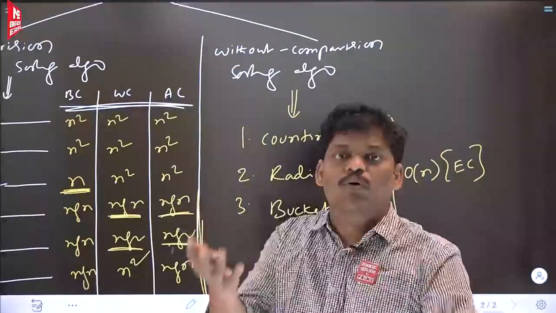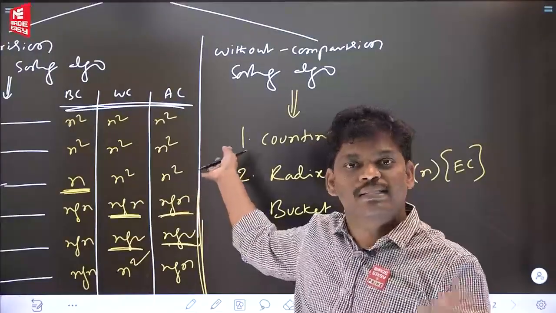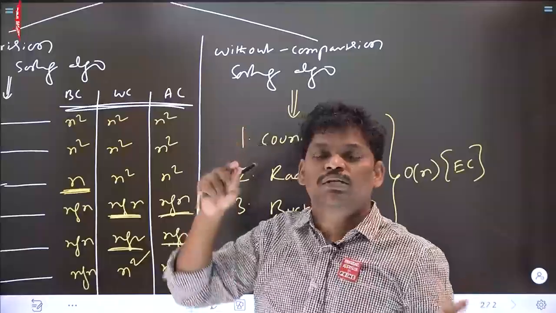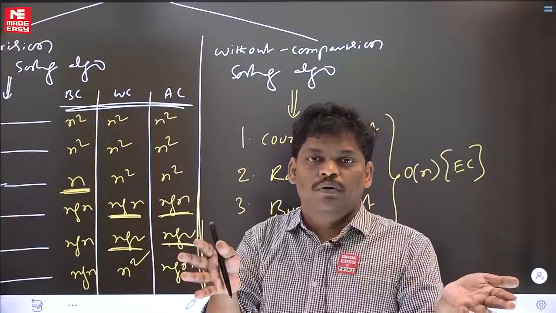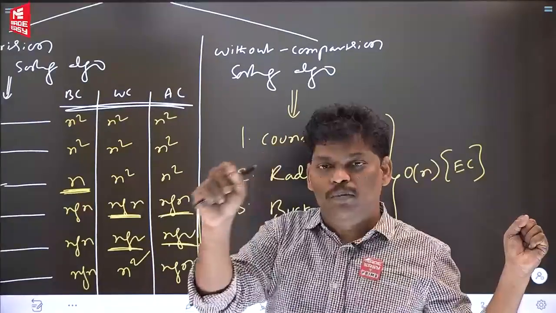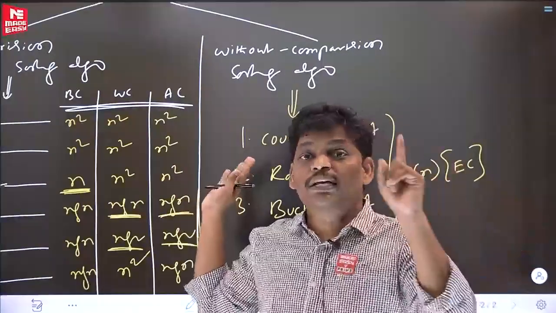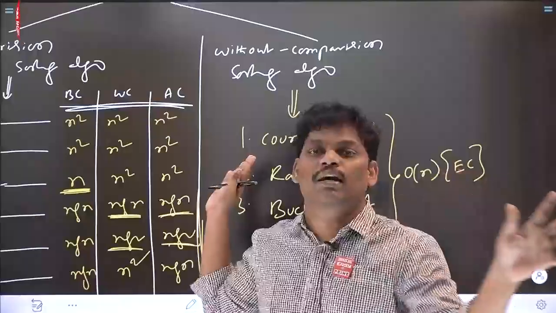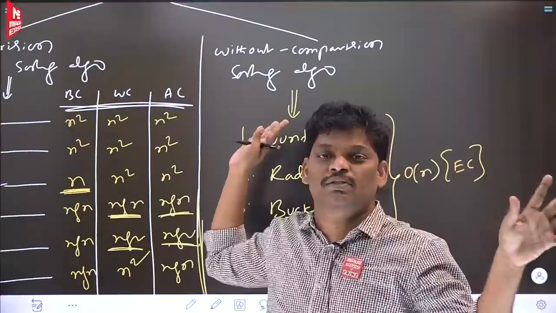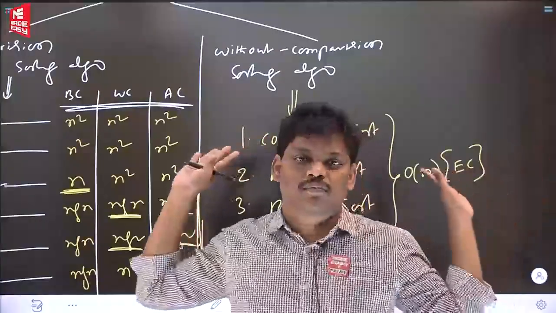Then one more thing I want to say to you. I didn't cover it until now. I said a little bit to you, and one more I am saying to you. Just open the Cormen book. There is one chapter called linear time complexity sorting algorithms, which contains these three, in almost 2 or 3 pages. Please go through it by yourself.